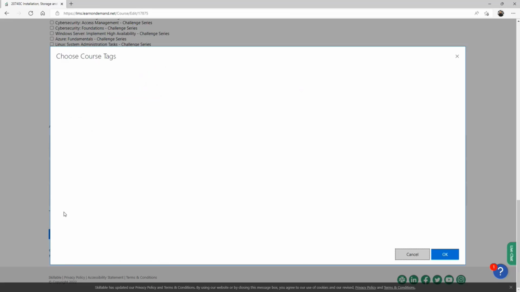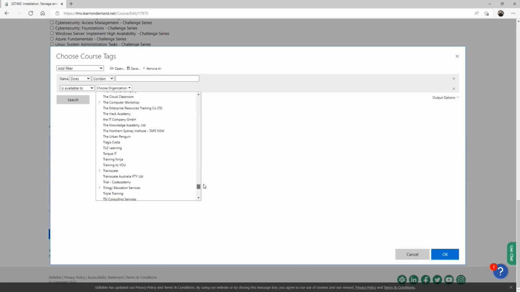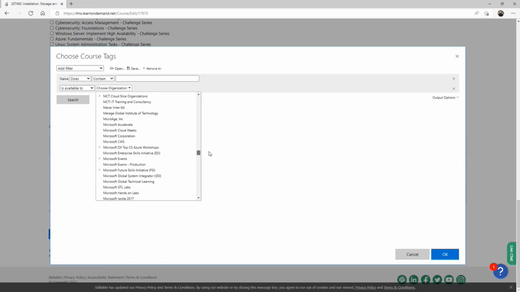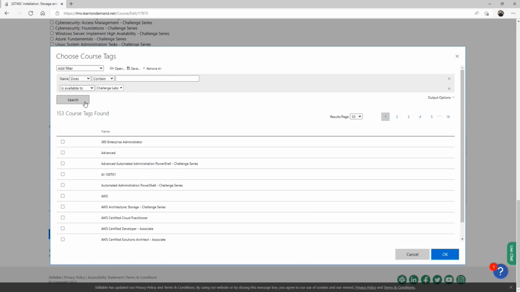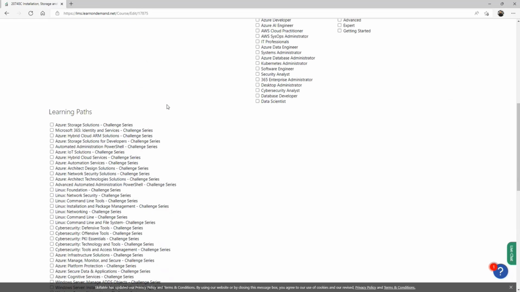And it is as simple as clicking on add tag. And I'm just going to pick my organization so we only get the ones I need. Now here are all the tags that I've found. So I can add to them and I can select them. You can select multiple ones if I want, and you just hit OK and it adds those to it. When you're building it out,